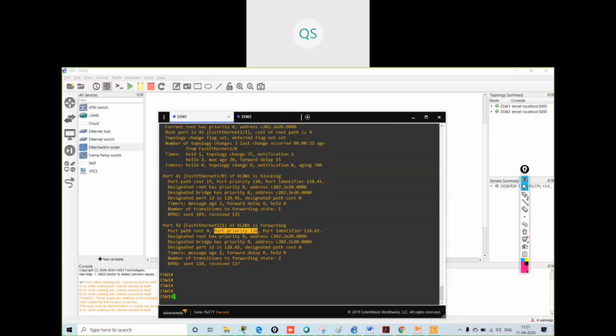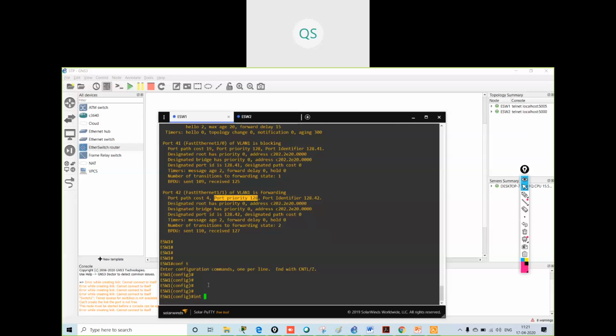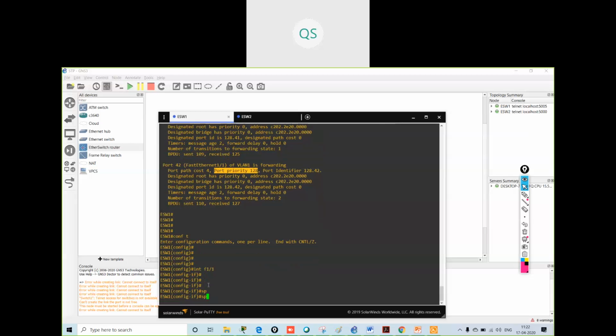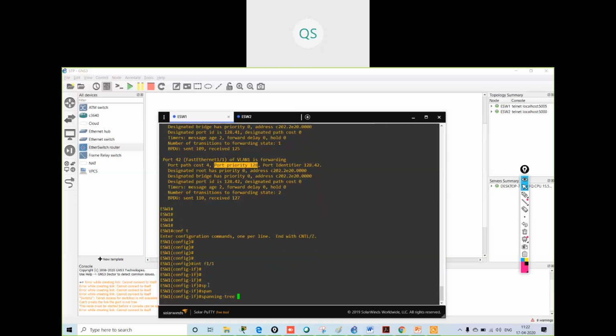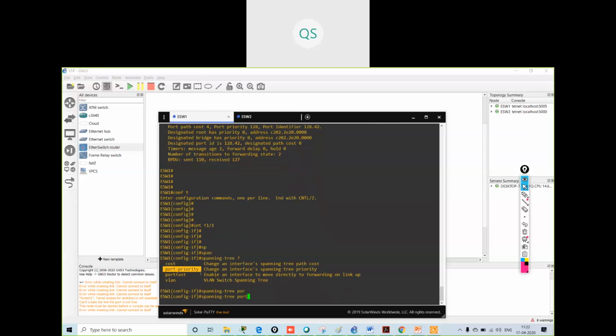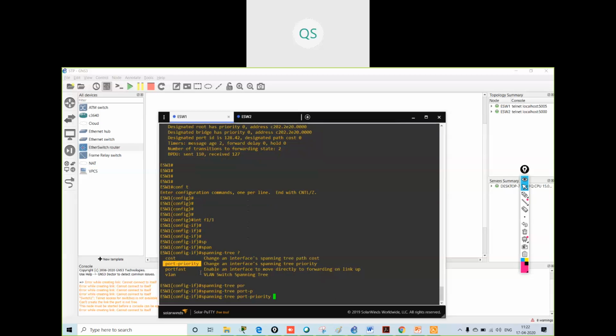Okay, so I will change the port priority of Fast Ethernet 1/1. What is the command? Interface Fast Ethernet 1/1. The command is spanning-tree port-priority.